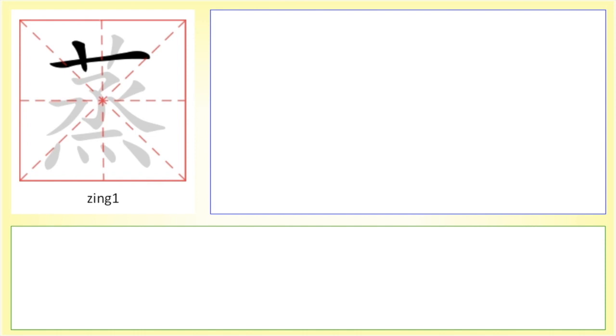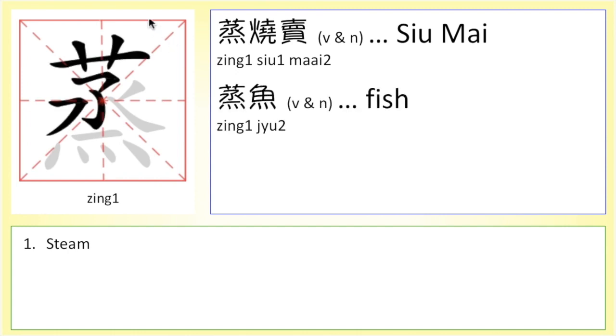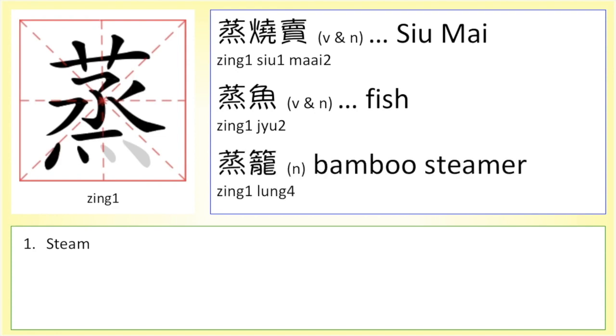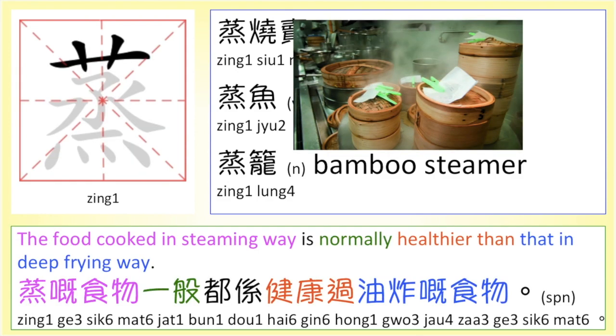The second one is 蒸, it means steam. See the examples below. 蒸燒賣，蒸魚，蒸籠，蒸嘅食物一般都係健康過油炸嘅食物。